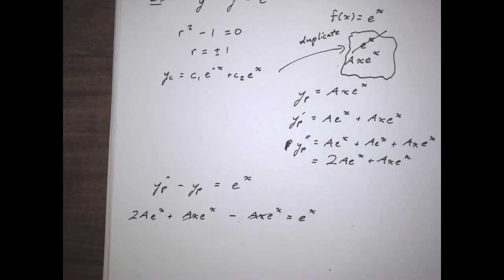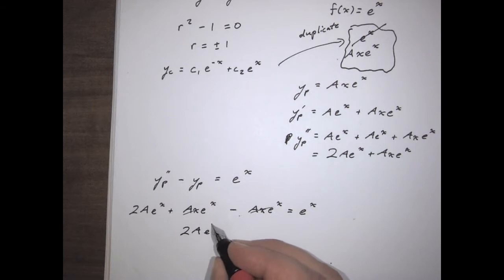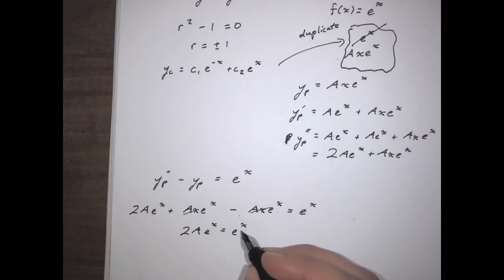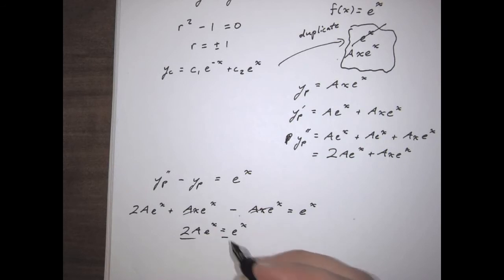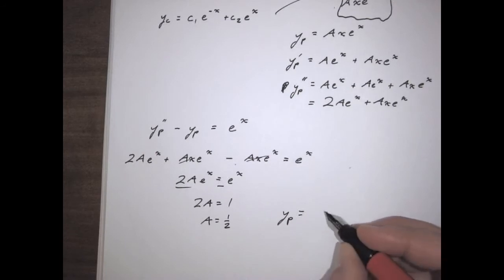Notice those cancel, and what we get is 2a e to the x equals e to the x, which means that 2a equals 1, which means that a equals 1/2, which means in turn that the particular solution is going to be 1/2